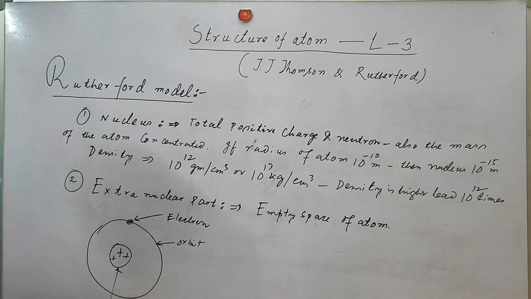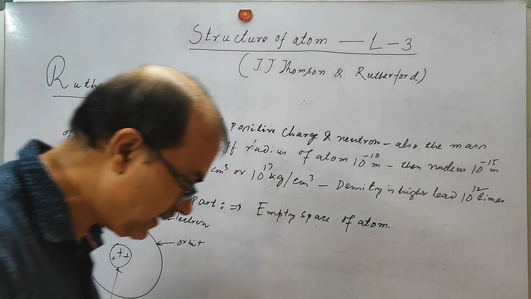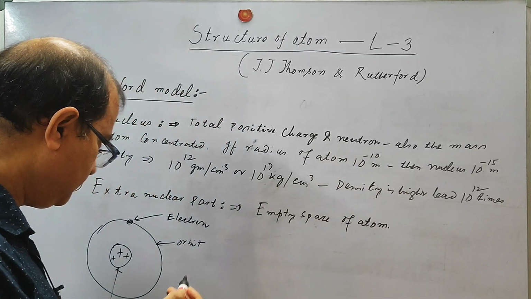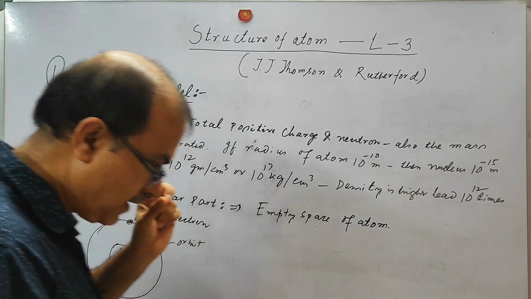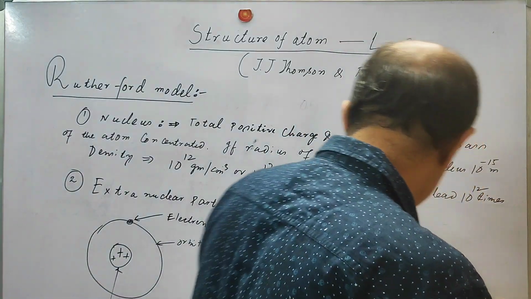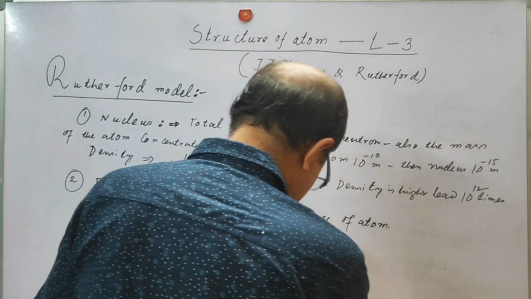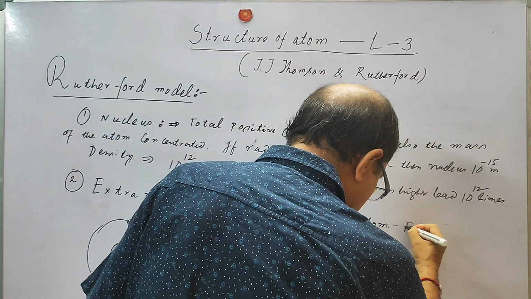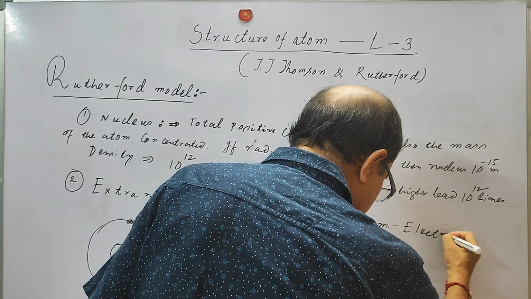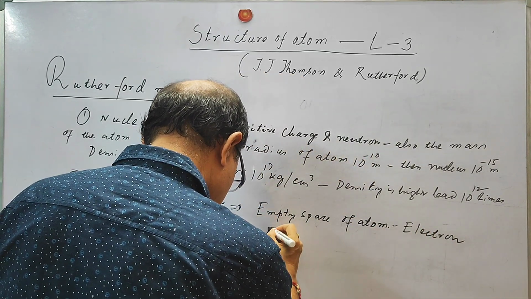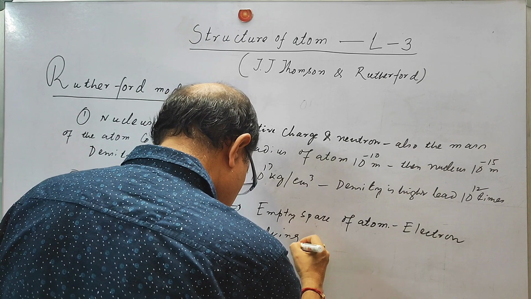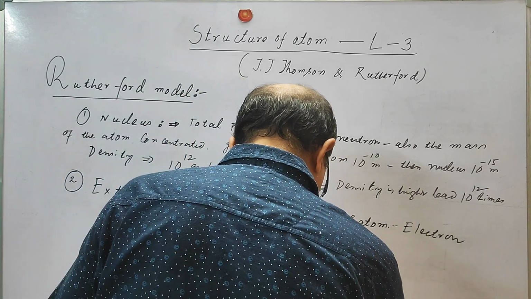So this is the main part of the model, the solar model, and this is the empty space. In the empty space of the atom around the nucleus, the electron is revolving. You can write it: electron revolving around the nucleus,